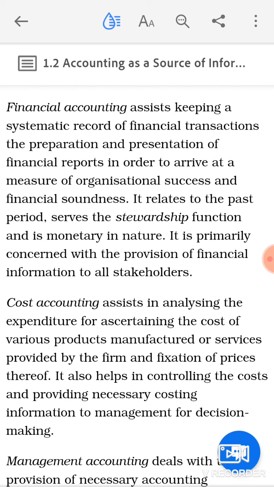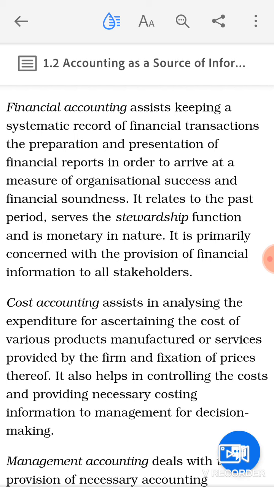So with the help of cost accounting, we are going to know how much cost has been incurred for the manufacturing of that particular product. If we are a service providing company, then we come to know how much cost has been incurred while providing that particular service. And if we come to know about the cost, then only will it help us to fix the prices. For example, if 100 rupees has been incurred as an expenditure for manufacturing the product, we have to add some profit margin, and then only can we fix the price.